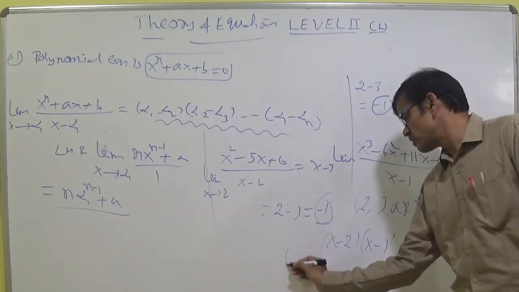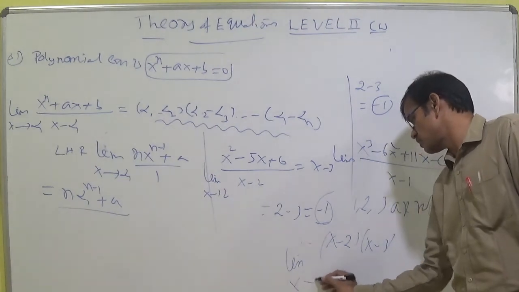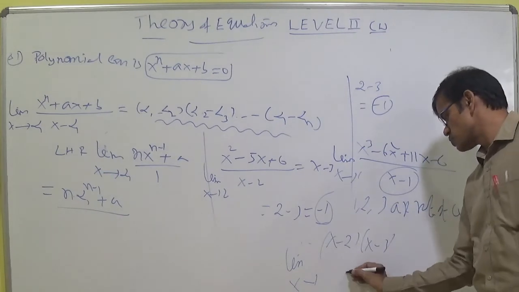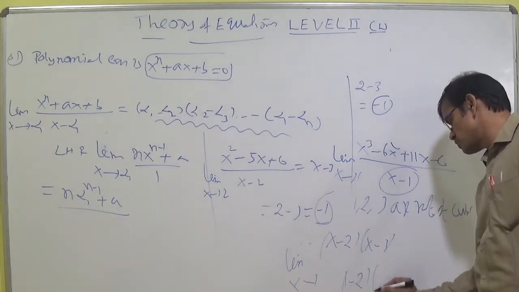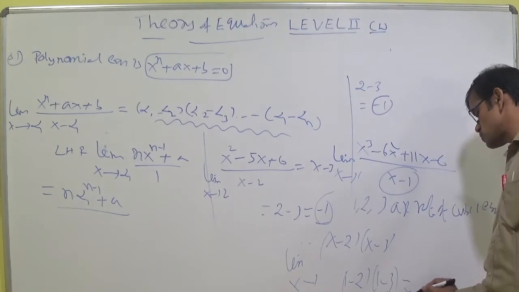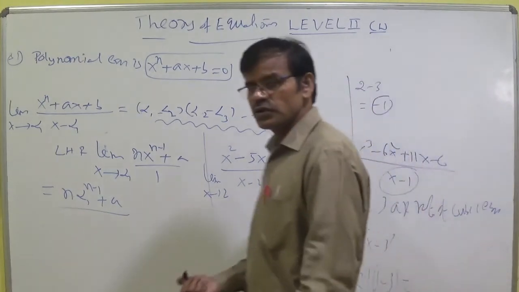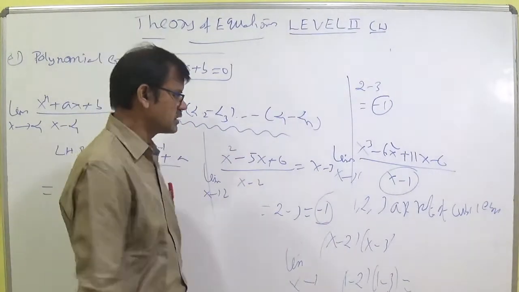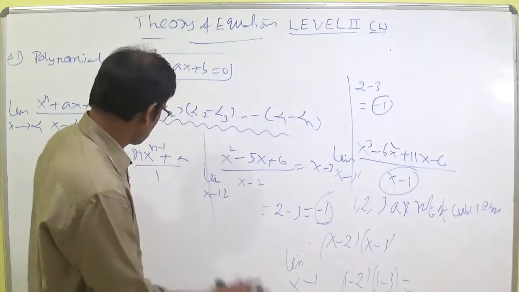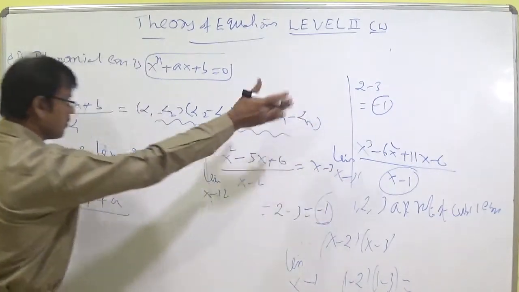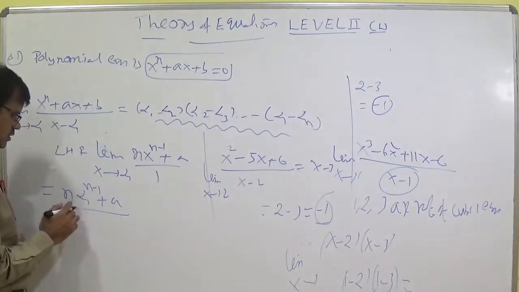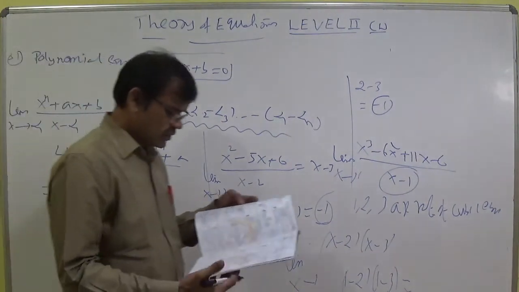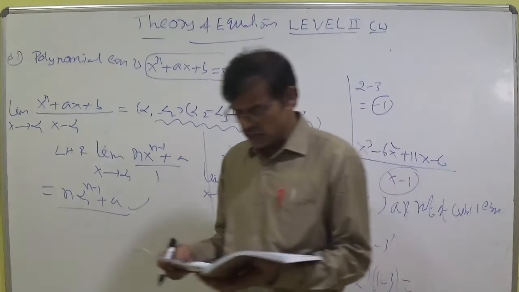Substitute here, limit x tends to 1, I am writing. Whatever the value I had written, take this side. Limit x tends to 1. So you can understand here 1 minus 2 into 1 minus 3. So 1 minus 2 into 1 minus 3 is nothing but alpha 1 minus alpha 2 into alpha 1 minus alpha 3. So this is the method, this is the correct way. There is no shortcut. Using that one we got this value. Formula n dot alpha 1 power n minus 1 plus a. Now 31st question completed.